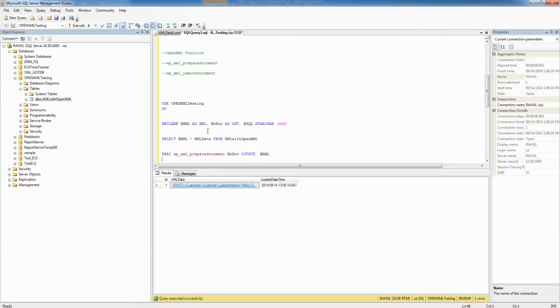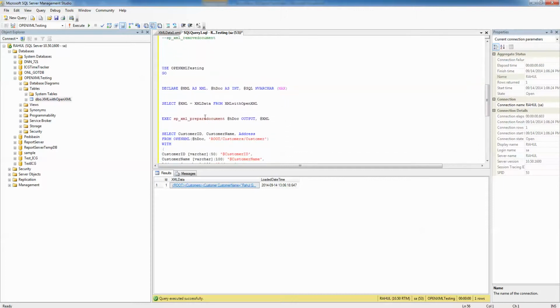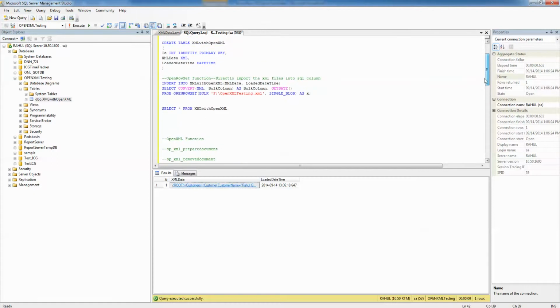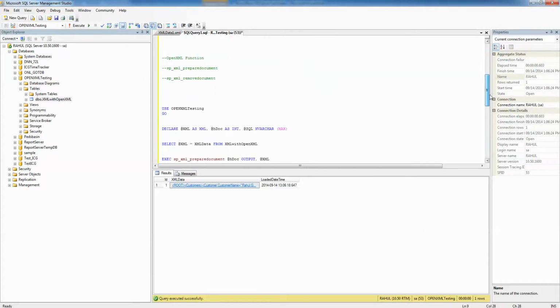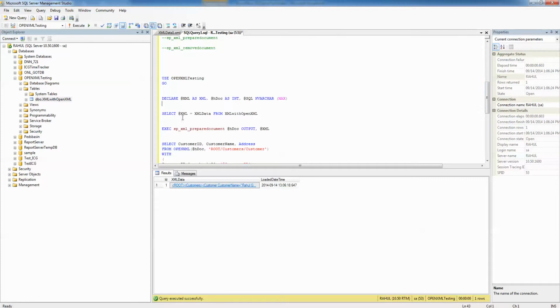Now what I am doing in this query is declaring simple variables: @XML as an XML type, @hdoc as an integer, and @SQL as nvarchar. Now I'll be reading out the XML file from the XML table which I've just created into a variable, and then I'll be passing this variable into the procedure sp_xml_preparedocument, and I'll be getting the XML document as an output.